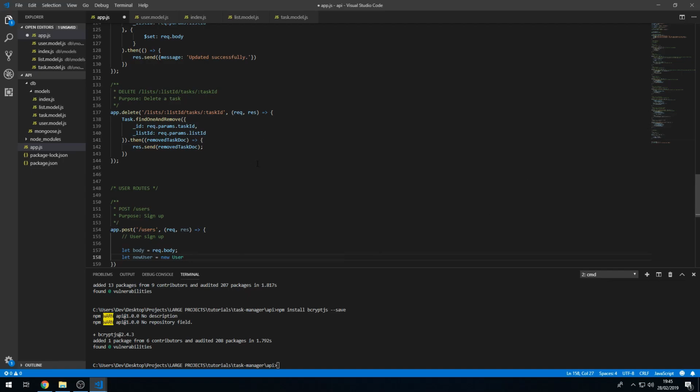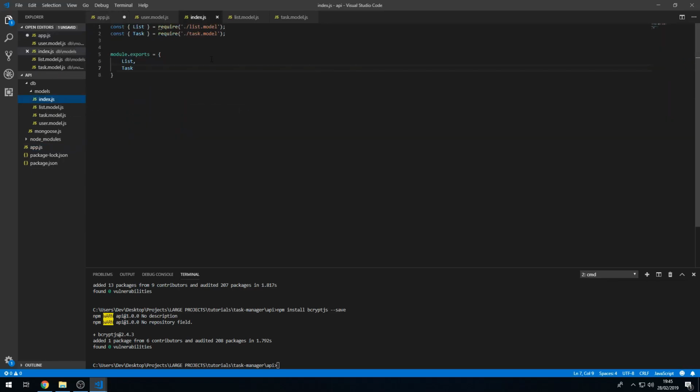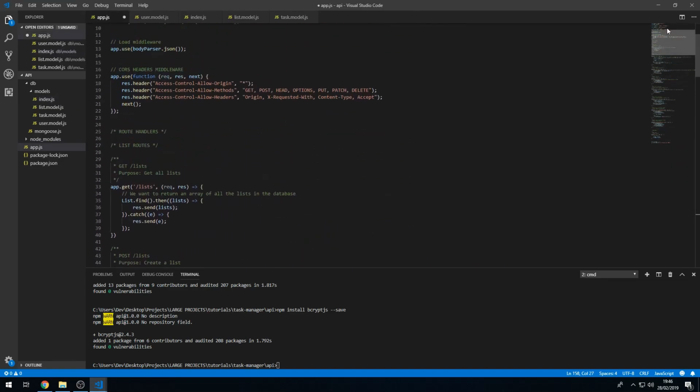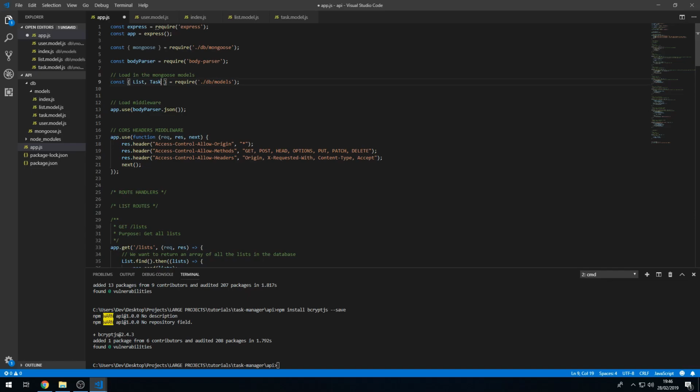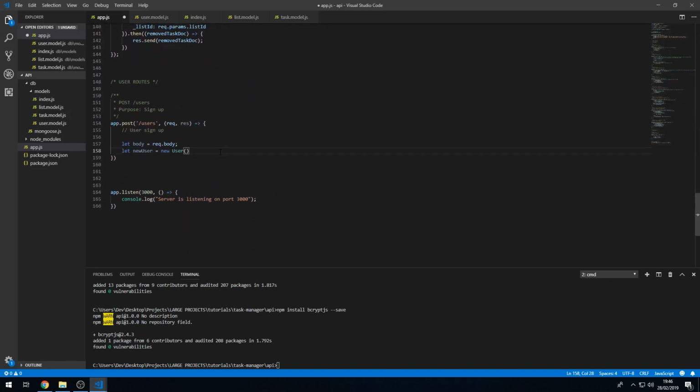So to do that, we have to go to the index.js in the models folder and import user. Save that and go back to app.js and scroll up, and we have to import that here. There we go. Okay, so let's go back down here, and then we'll just pass in the body. Okay then, and then we can do new user.save